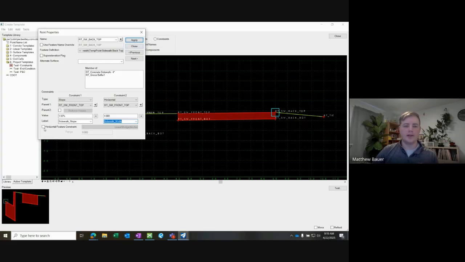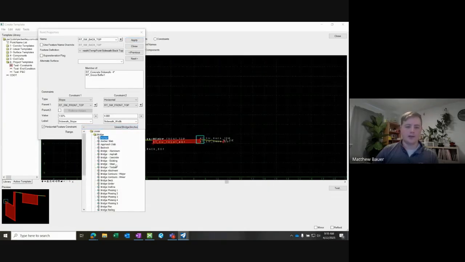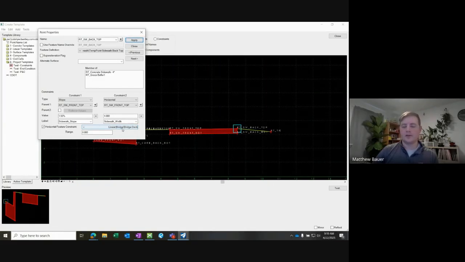The last box here I'll just mention quickly is our horizontal feature constraint. Those take, again, a little setup elsewhere to get to work correctly. But in theory, what they do is this point is now being told to constrain itself horizontally based on this feature. So we can say there's a bridge deck feature. This is just a quick example. It will look for, we can say this is 100. It will look 100 feet out to the right, because this is positive for this feature, and it will snap this point there. Again, it takes a little more setup, but